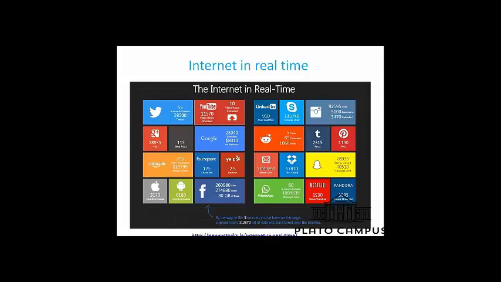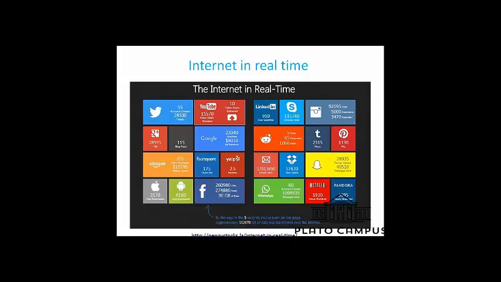This is a screenshot of a website which can give you a real-time idea of how much data is being generated. The link is given at the bottom of this slide. I could click on that link, but these stats keep changing, and it would be difficult for us to discuss. That's why I have just taken a screenshot, and once I share this PDF with all of you, you may be interested to click on the link and see how these things are going on. But right now, we can talk about this screenshot.